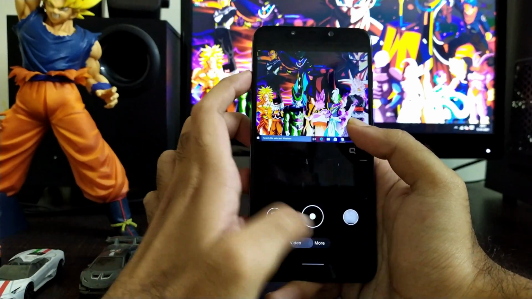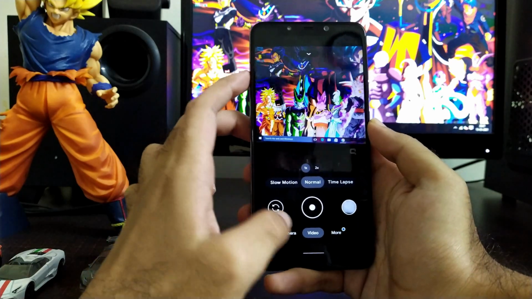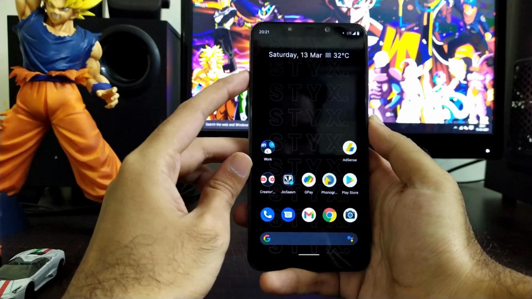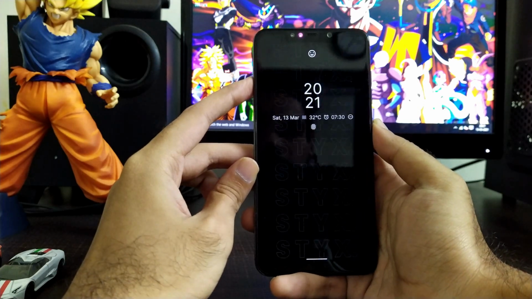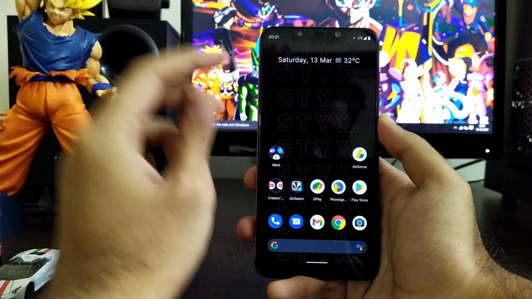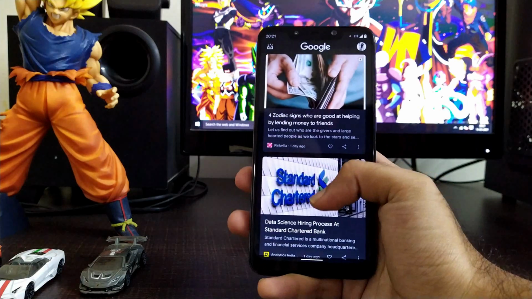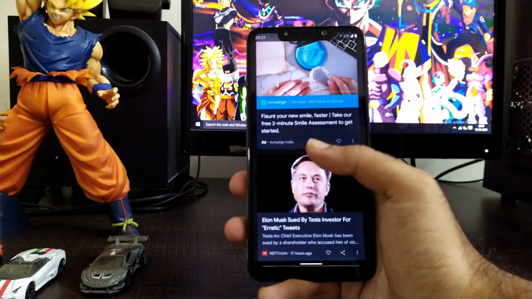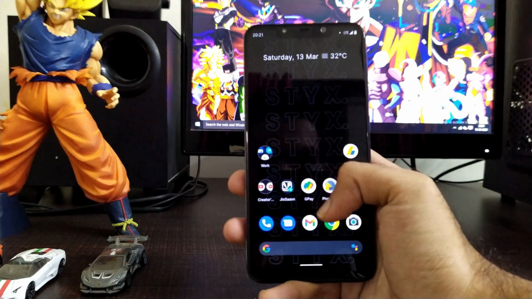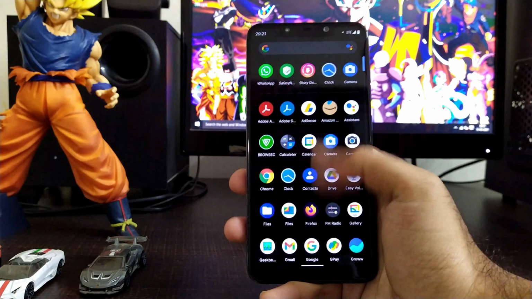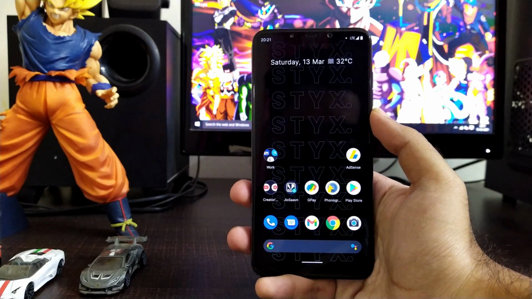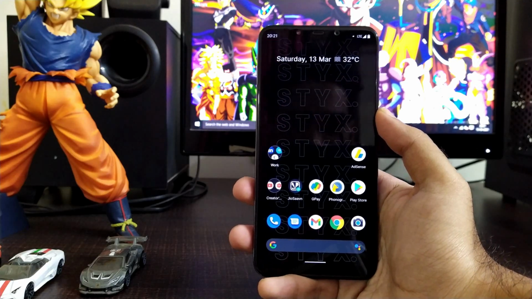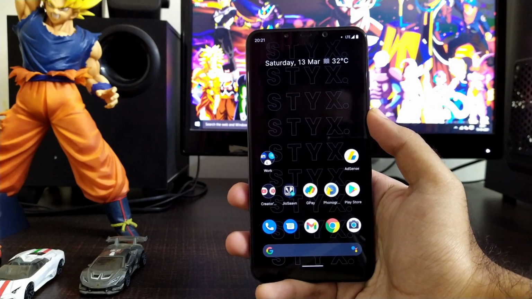I know the ROM does not have any huge customizations, but I must say that in terms of performance, battery and stability, this ROM wins it all. This ROM is almost like a stock ROM where you don't get much customization, so this ROM is best for people who are not into much customization and various types of looks and styles, but who only want some good battery life and better performance for everyday use.